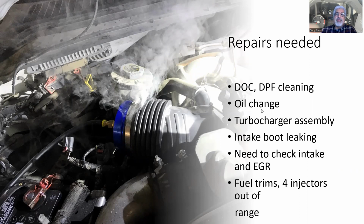In turn, to repair this truck, we sent out the whole after treatment system to a cleaner. Yes, we have local people here that actually provide DPF, DOC, SCR cleaning. The reason why we like ours is because he uses ultrasonic cleaning. Most places do what we call a baking or oven, or they have a blower they put these adapters on. So if you want to search on Google, look up DPF cleaning or DOC cleaning, you'll be able to see that. We obviously changed the oil, replaced the turbos, so that alone was a hefty price, easy over $4,000,